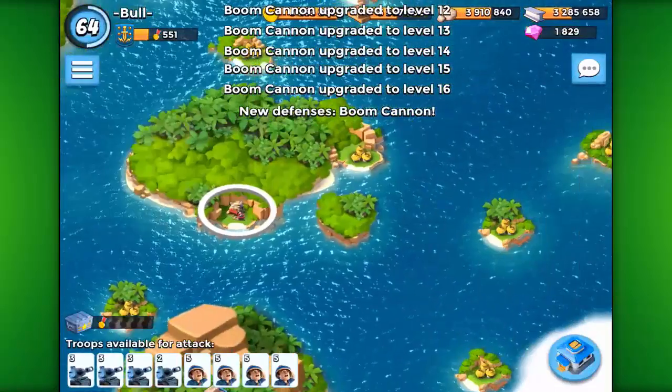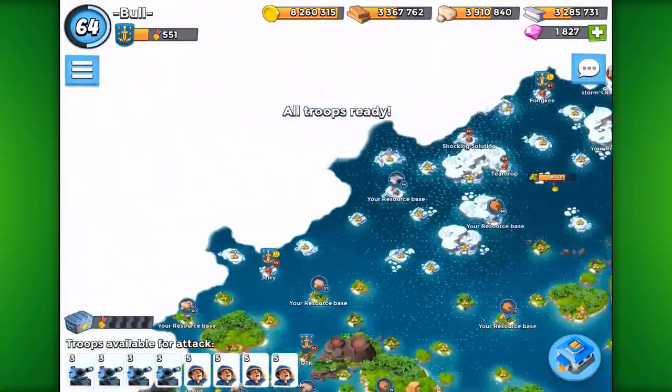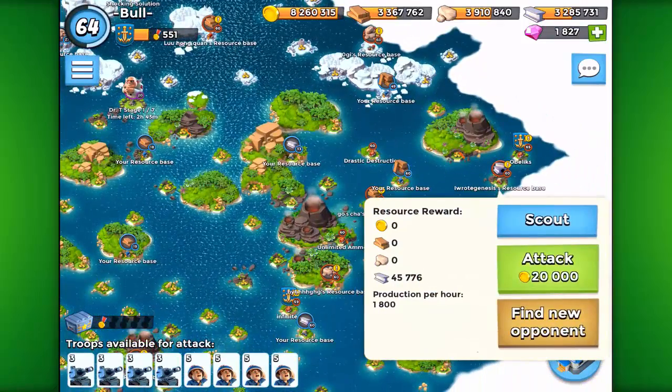I suppose I could do one really quick one. I'll do one really super quick one. And we'll skip the troops. 1 tank, 2 diamonds. We'll just go straight in. We'll skip one of the ones up here. Let's have a look. It's an iron base here. I have a funny feeling it's going to be quite...